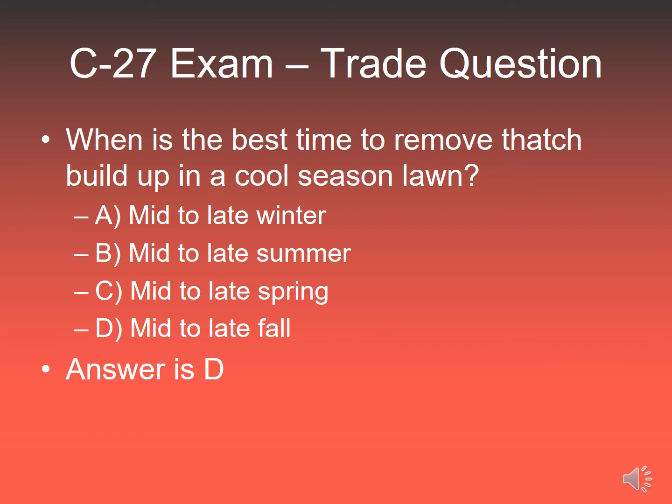And so that would be the late fall, when it starts to slow down in its growth period. A cool season lawn will grow during the winter. That's part of the reason it's called cool season, is it grows and it will stay green during the cool season. But its growth still slows down, so that's the time when you're going to be